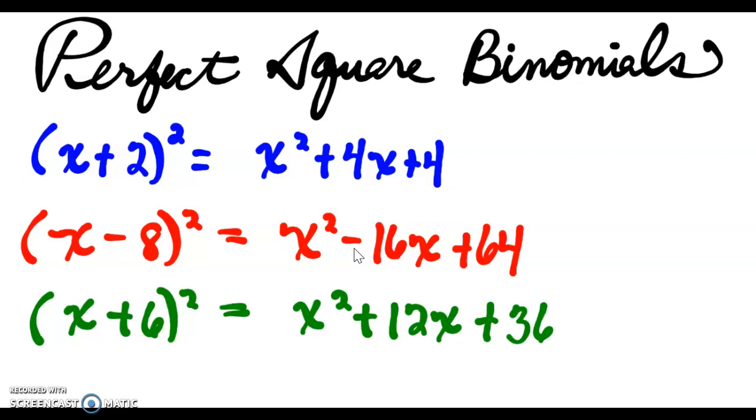is when you take half of this middle term and square it, you get the end term. Half of this middle term squared is 64. Half of this middle term squared is also 64. So if I wanted to create a perfect square,